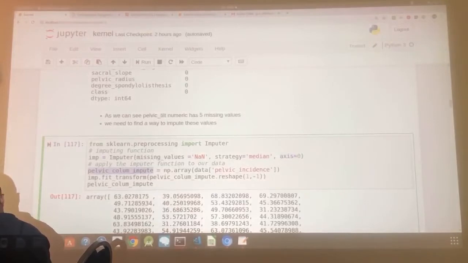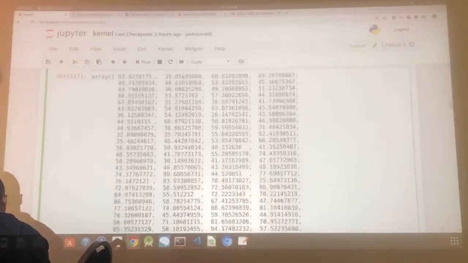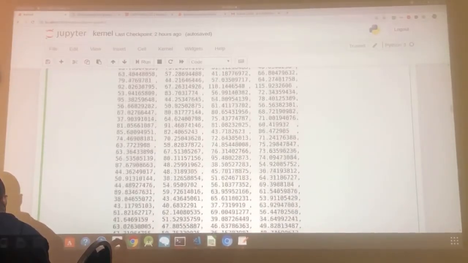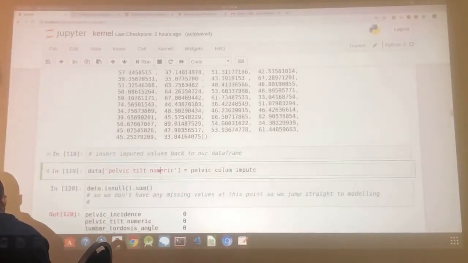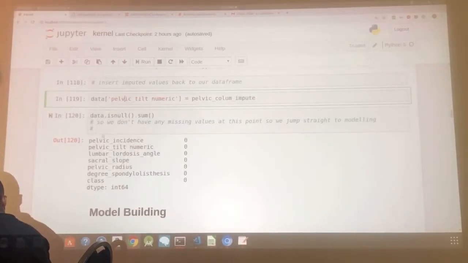Then I just created this column and fitted. So I'm fitting this into that, then reshape, make it a column back, and you will see that there are no missing values if you look at this array here. Everything is complete. But now that's an array, so we need to put it back into the data frame. Then you put it back into the data frame, and when you run the same function, you don't have